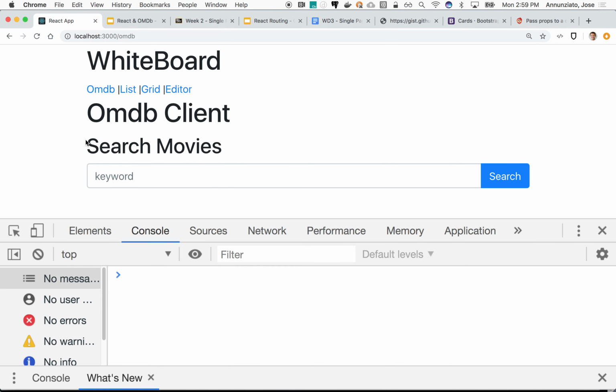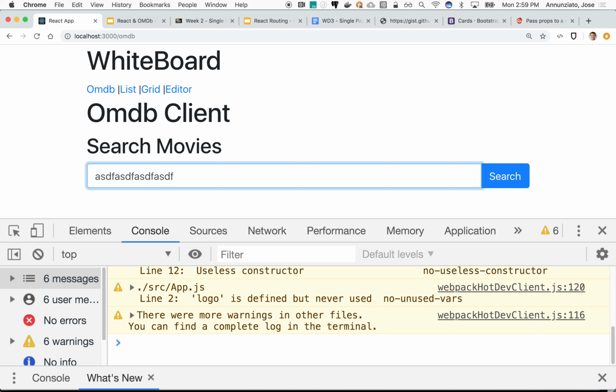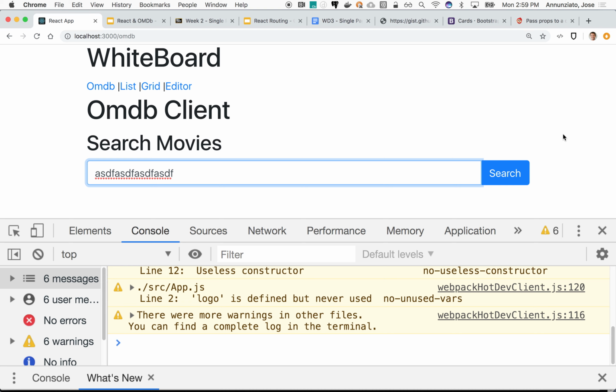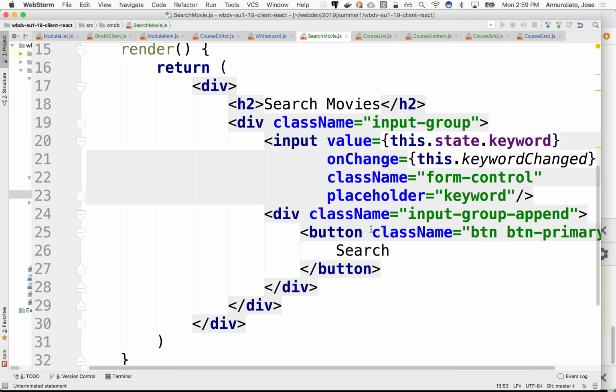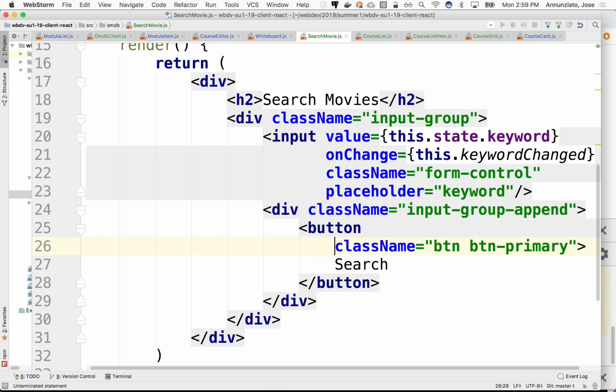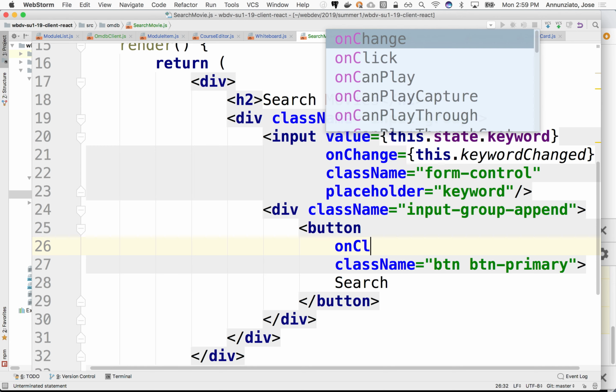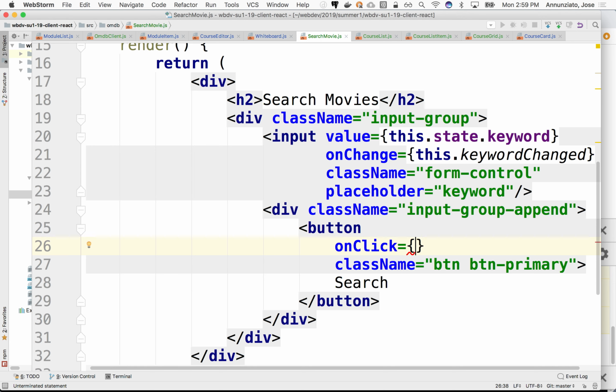Let's see if we refresh. Okay, now I can type it, and presumably now I have the value available to me. Only when I click on search do I want to do the actual search. So on the button, I'd like to tie this to an onClick that will call a function called this.search